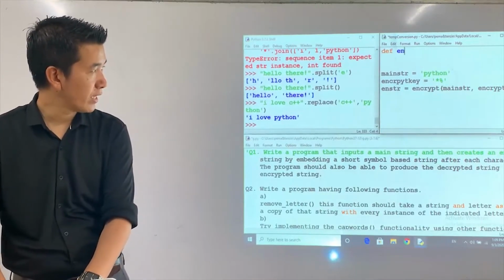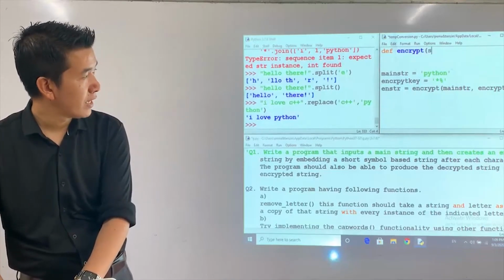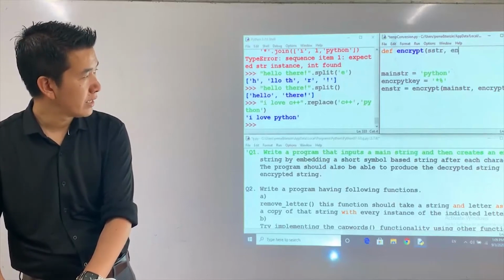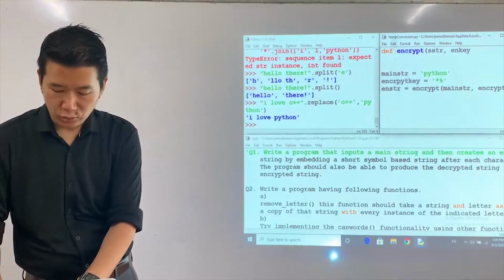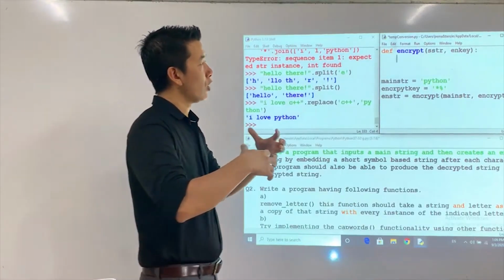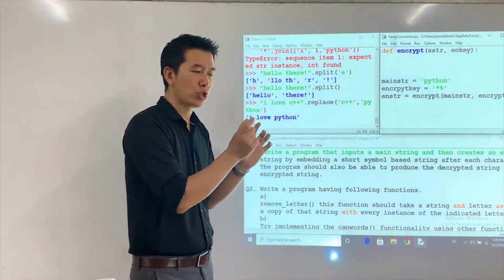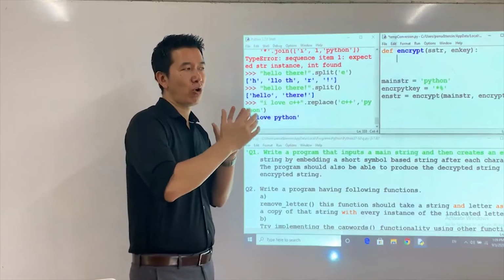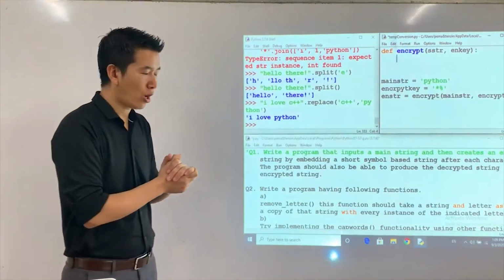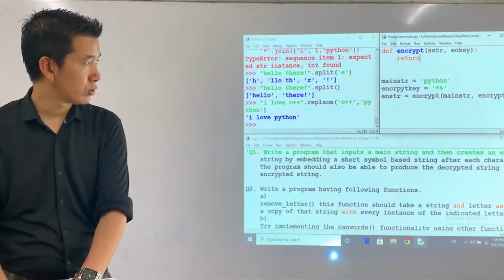Right, now let's go up and then define the function. Def, the name of the function is encrypt, all right, encrypt. I hope I got the spelling right. And then the main str will be received in sstr, and then I'll use n key to receive the encryption key, right? So in order to encrypt, the program says I need to attach that encryption key at the end of every character of the main str. Which means we'll have to use the join function, right? So perhaps I could do this straight away. Return